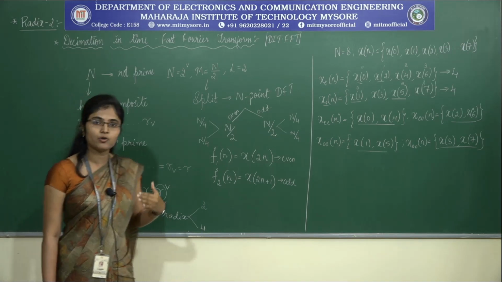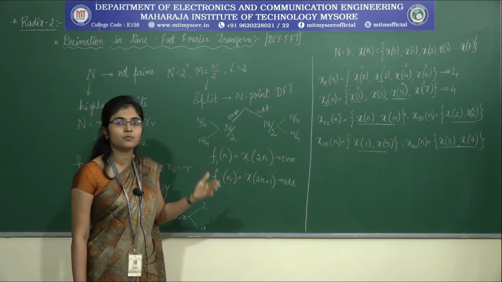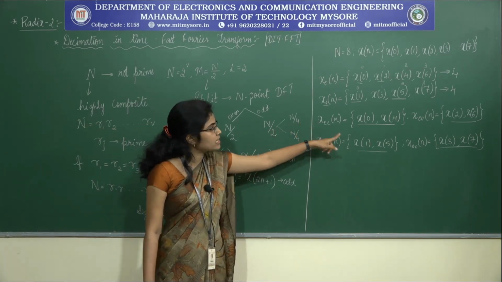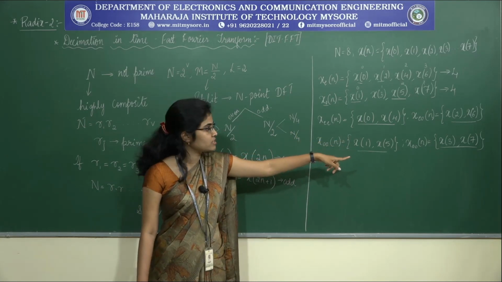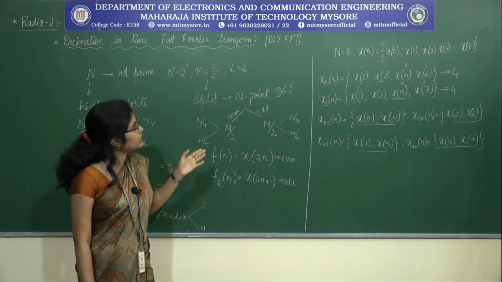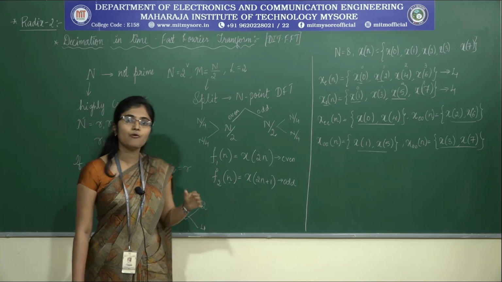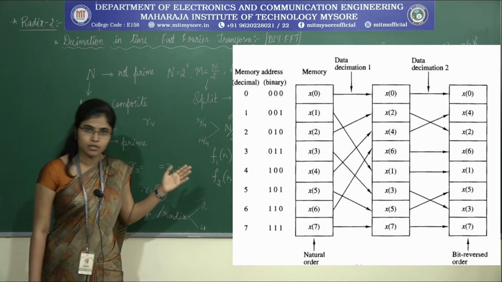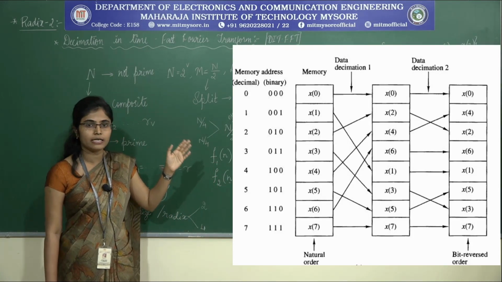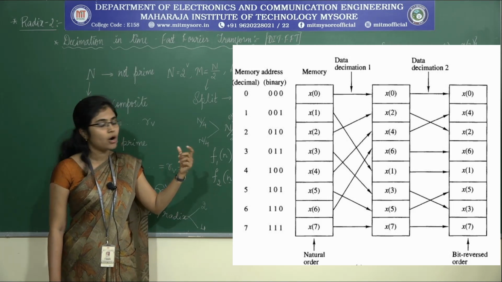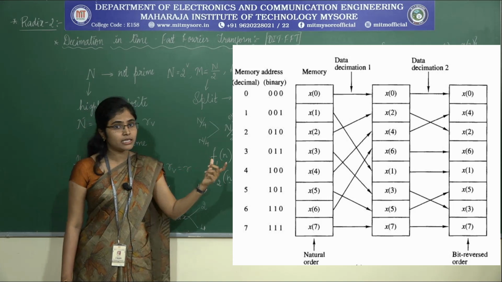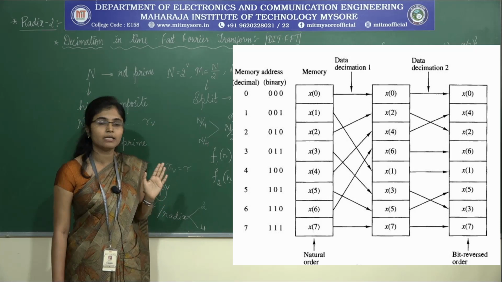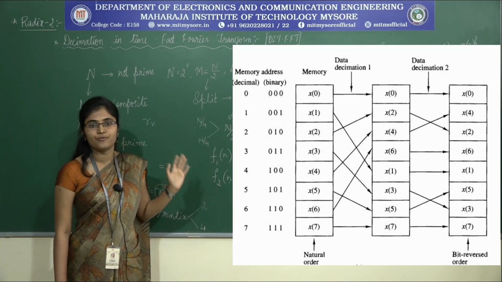Now let us try to compute the n point DFT, how it is split, and let us see how it looks. Okay. Before that, looking into this, these are nothing but the pairs which we get in the butterfly structure. So whenever we use the DIT FFT algorithm, how data shuffling is done and how bit reversal is done is as shown in the figure. So this figure tells how the particular data is shuffled and how bit reversal of the data is done. So why is this needed? Because in the DIT FFT algorithm we always write the input data in bit reversed order. So this figure is very important.